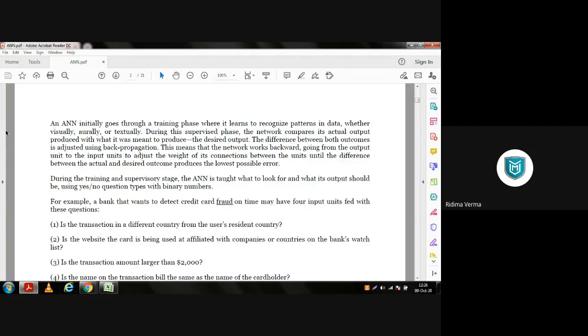So the basic thing that they are trying to say over here is that according to the output that we want, we are training our neural network algorithm so that whatever type of input we enter, we should be able to get a desired output related to, obviously, the data on which we have trained the algorithm.